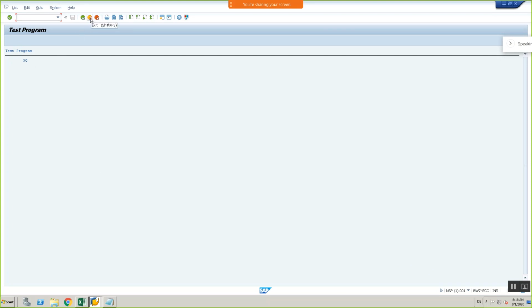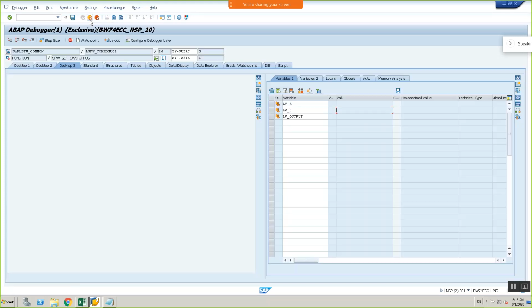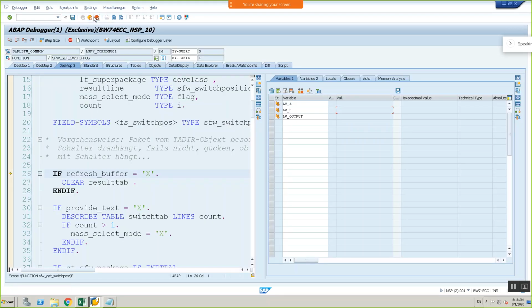Now we need to press the exit symbol. If you click on the exit symbol, you are going to some debugging screen again, because after execution of the program, the system will clear all the buffer saved values. That's why it came to here. Now we need to press F8, because there is nothing to debug now. So just click on F8.